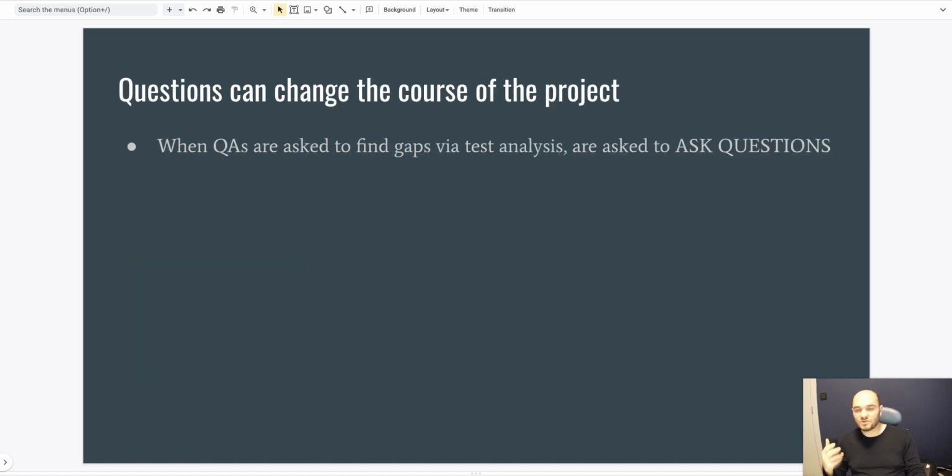And so questions actually can change the course of a project, and this is not something that is on the side. This is actually at the core of the QA role